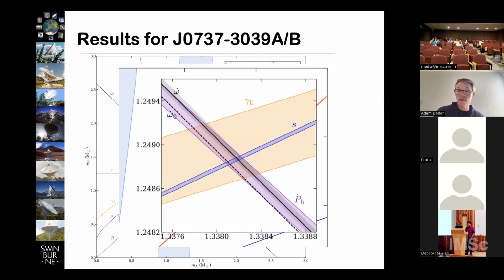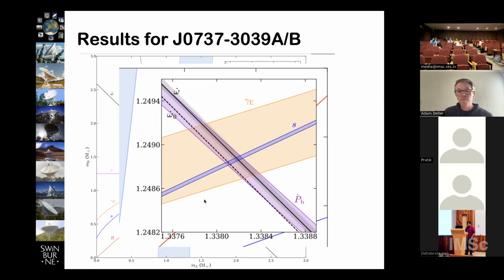So the most precisely measured things are the advance of periastron and the Shapiro delay S parameter. And so those two things cross here. And then the next most precisely measured thing is what sets the strength of your test of GR. And the next most precisely measured thing is the orbital period derivative. So getting that right is really important. So just ignore the dashed line for omega dot there. That's neglecting an effect that shouldn't be neglected and was just there for illustrative purposes.